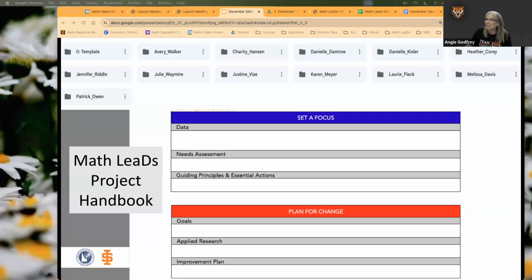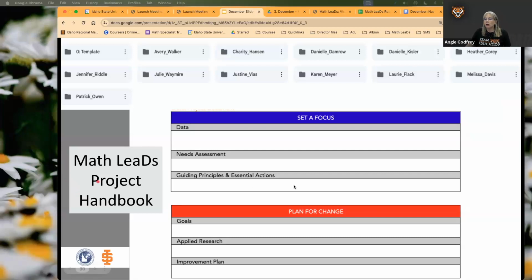Okay. So, a couple months ago, we had you create folders right here. In the navigation guide, there's a link that will take you right to the participant folders where you can find the one that you created. In each of your folders, you have master copies of the documents that we're sharing for this project. Right down here on the red, sorry, my notes disappeared. That's okay. I'll make do.